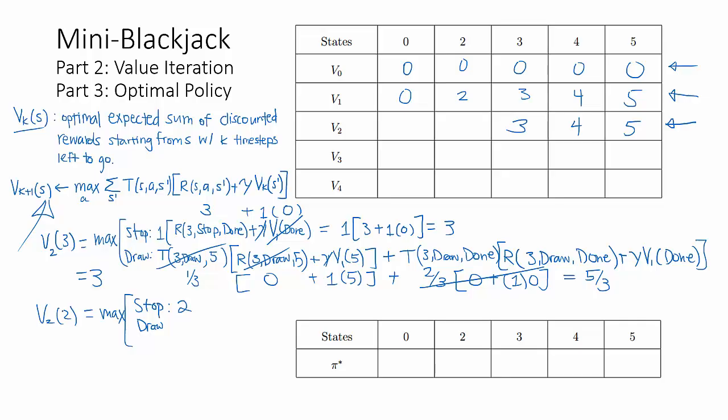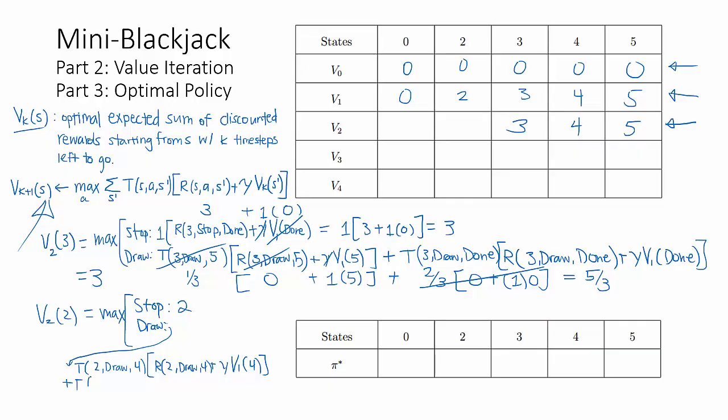So if you start at 2, you can draw a 2 and land in state 4, you can draw a 3 and land in state 5, or you can draw a 4 and land in the done state. So we have 3 different terms in this sum here. So let's write this down here. This is going to be a sum over t of 2, draw, and 4, plus the reward 2, draw, 4, plus gamma times v1 of 4,